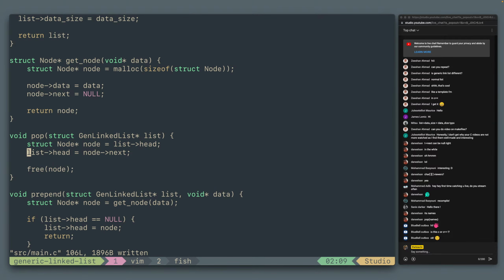I can't free the node. I cannot free the node. Free node next. I think I can't avoid a check here because